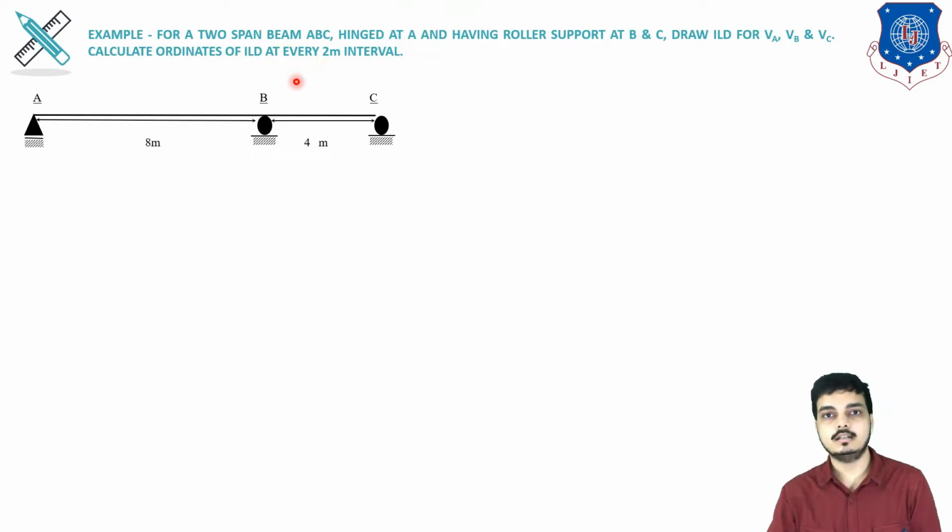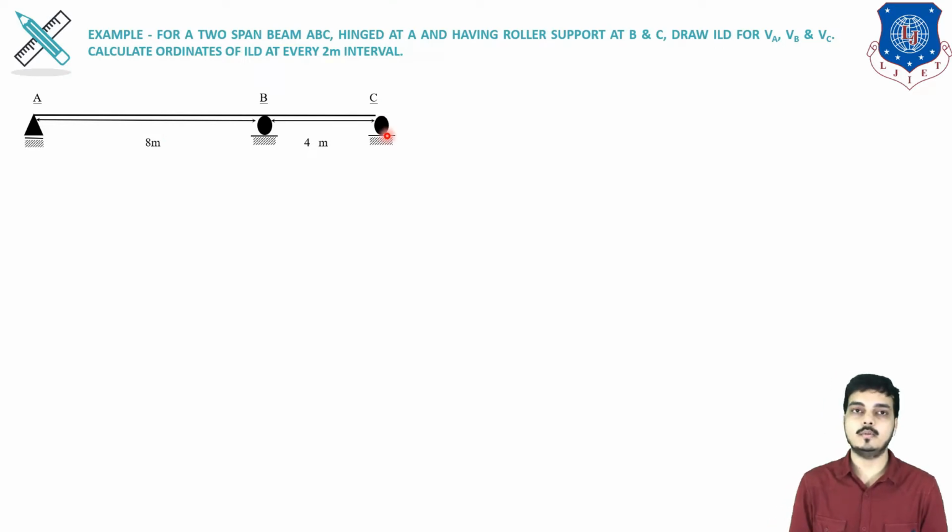So you can note that there is no fixed support. So there will be no resistance of moment. So there will be no ILD for M at A, B or C. Now this is a beam of two spans. The process of solving is a little different from the propped cantilever or cantilever kinds of sums. So how to solve the sum for two spans for ILD for indeterminate structure?